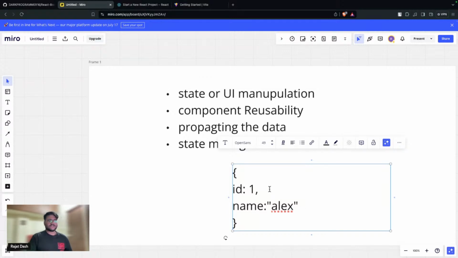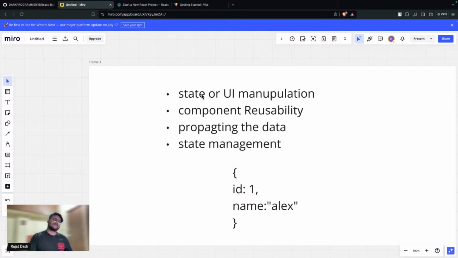Okay, so this is an object having some properties. Similarly, in components also, we pass some properties. We pass some data to it in the form of props. Props is just a naming convention. You can name it anything you want. Props are nothing but properties. So this section is called propagating the data.